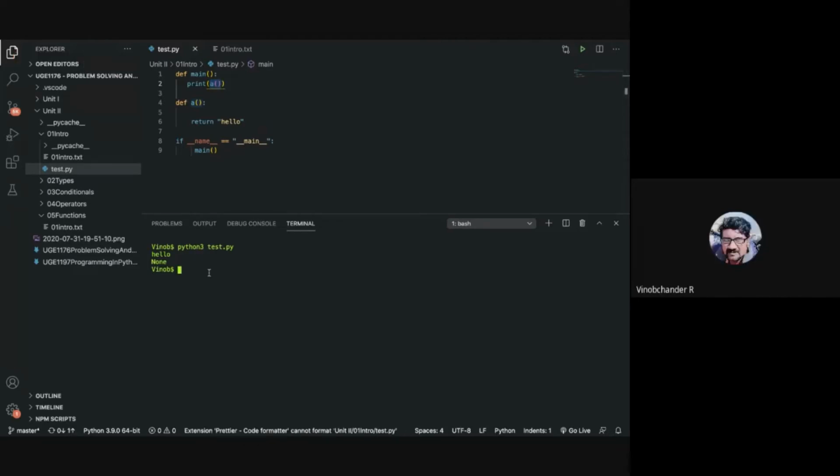Sir, if name is double equal to main, is it like the ending sentence of the main function, or is it just a sentence? It's a conditional check. It should be at the end only.